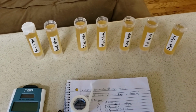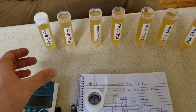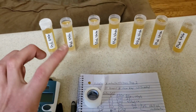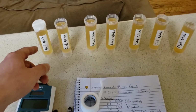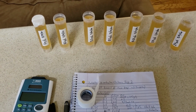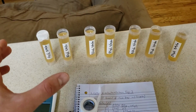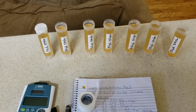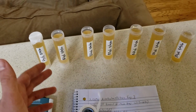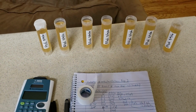Another thing to consider with doing experiments in these tubes is the ratio of surface area to volume. In most fermenters, you have a fairly large surface area relative to the volume, at least in comparison to these. And if you're trying to reduce alcohol content especially, a lot of people will recommend using a large surface area to volume ratio, so larger surface area than the volume when you're trying to reduce alcohol content. So using these tubes may have the inverse effect, but as long as you're comparing your experiments between each sample, then you should get results that give you an idea of